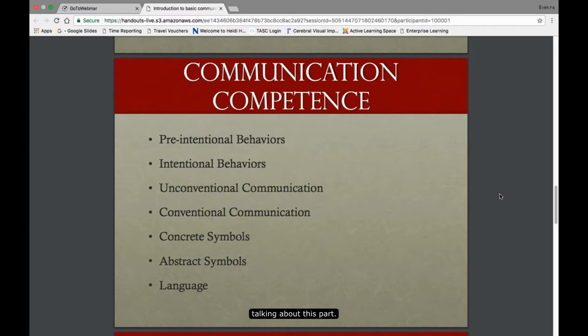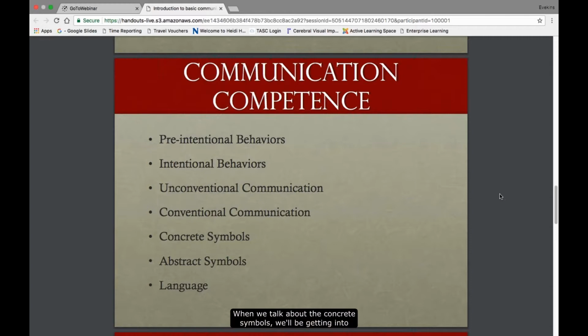So when we get into the conventional communication, this is socially acceptable. This is where we start using those gestures. We have the vocalizations. This is where kids are nodding and shaking their head. They're looking at you while they're pointing to a bottle on the floor. And this can continue throughout adulthood as socially acceptable. And this is where we talk about that dual orientation, that joint attention where you're paying attention to the same topic.